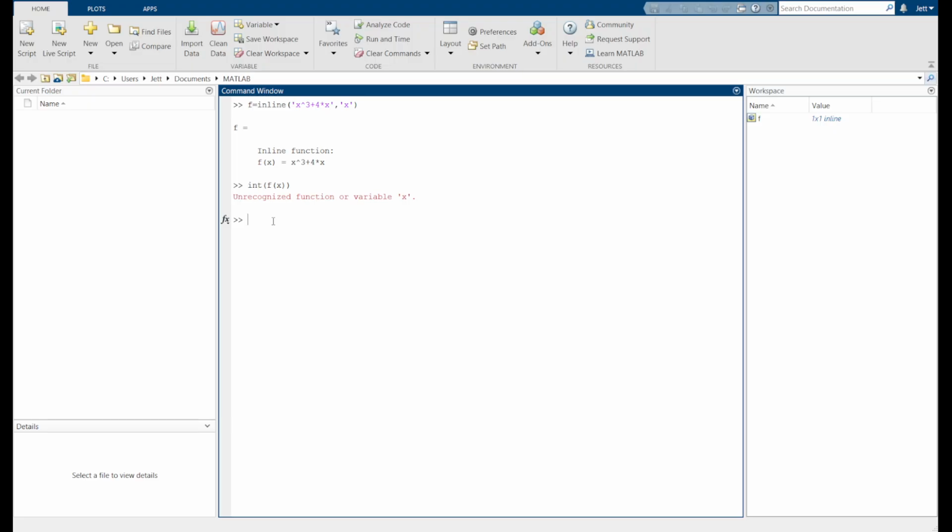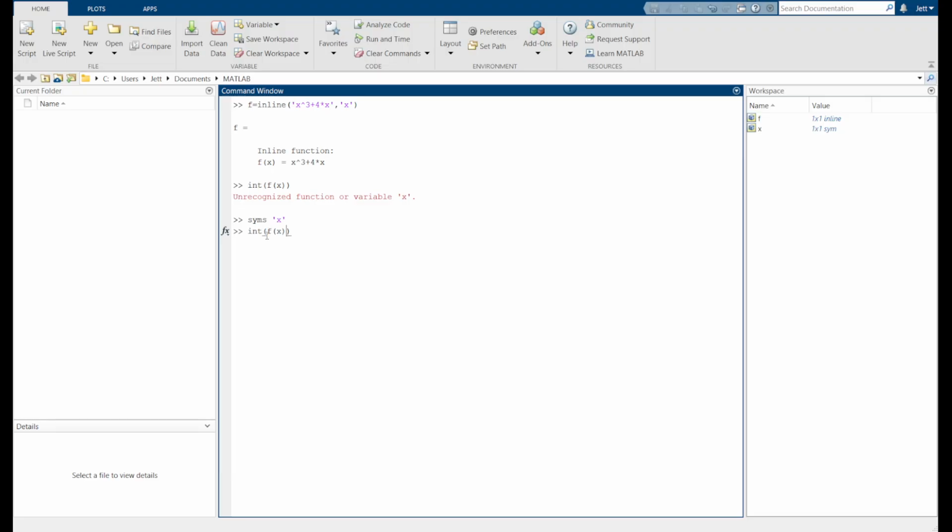So what we're going to do is use the symbolic function, syms, and then put our variable x. Now let's do that. As we can see here, it is now a symbolic function. Now we can try to integrate it again: integral of f of x.